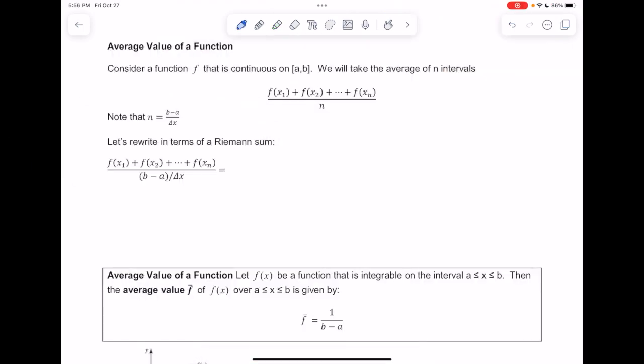All right, our next topic is the average value of a function. So consider a function f that is continuous over a closed interval from a to b, and we suppose we want to know the average value of that function. Let's just look at a generic graph of such a thing. So let's suppose this was our graph going from a to b, and we wanted to know the average height of that function. Then we could chop up the function into a few intervals.